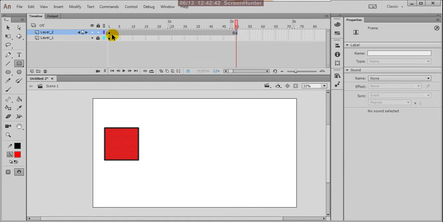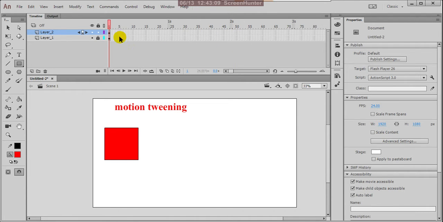Between these two keyframes, shape tweening and classic tweening we did, but here we are using one keyframe only, and on the other side we're using just a frame.